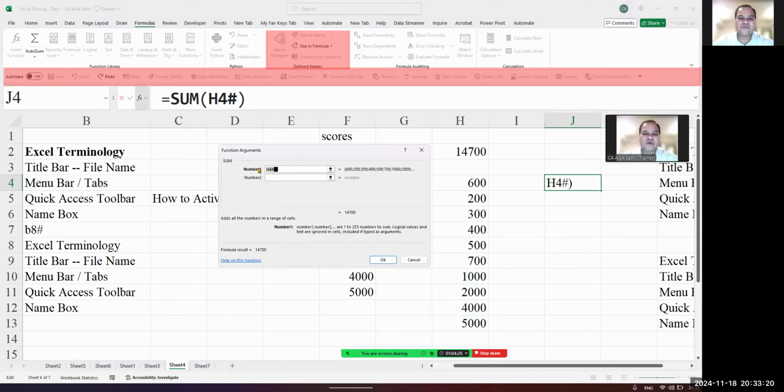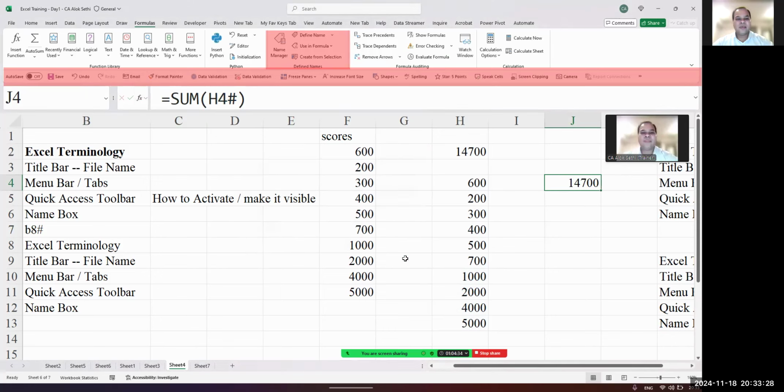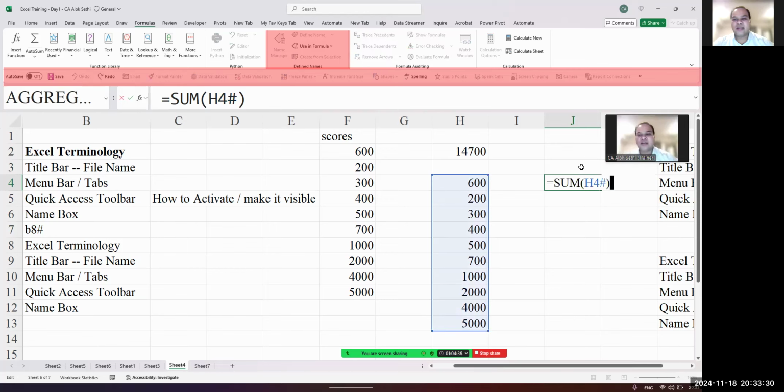So we have used a sum function which is number one. There is no number two because in the number one we had used a range. तो इसलिए ये number answer यहाँ पे आ रहा है, ठीक है। Secondly, one more thing I'll tell you which might be new for you all. Whenever you select any formula, okay, shift दबा के आप जब फॉर्मूले को सेलेक्ट करेंगे, you will see the answer on top of the formula, ठीक है।